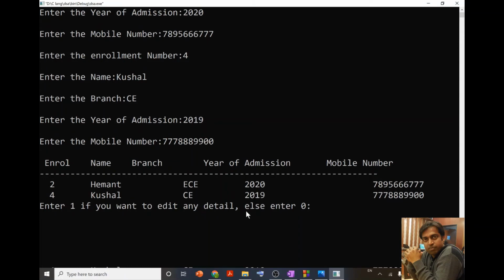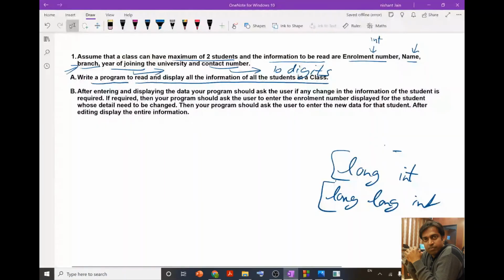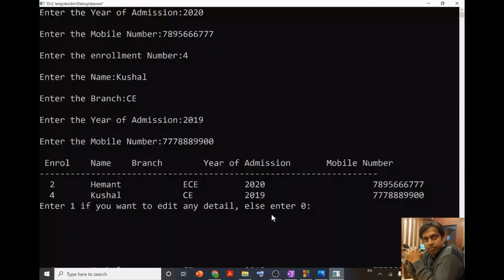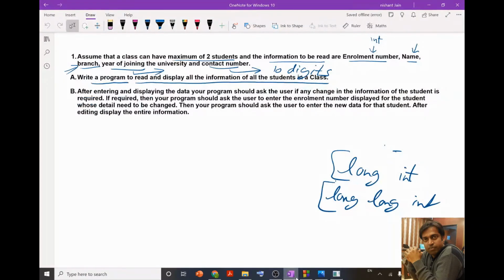If you want to edit any detail, this is the second part of our problem, means this part. So I will explain this to you now. So over here, you can see that we enter the information and we are able to display the information in a proper way. Now the second part of the question, in this it is asking,